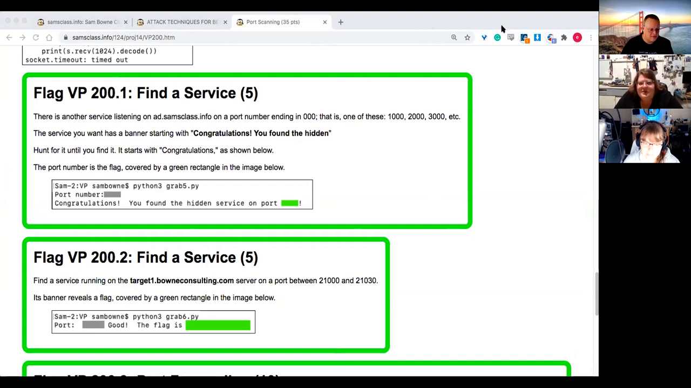Text editor windows everywhere. One moment. Do you want to stop the video now, actually, Sam? And then we'll start a video when I